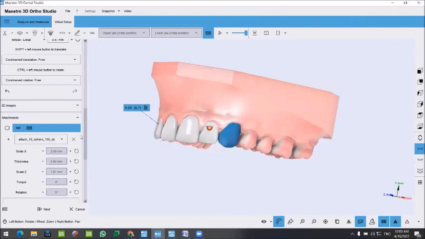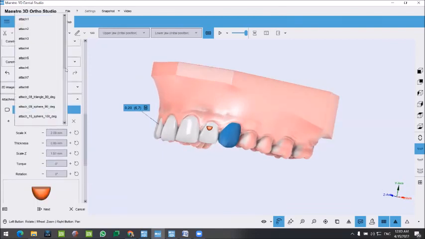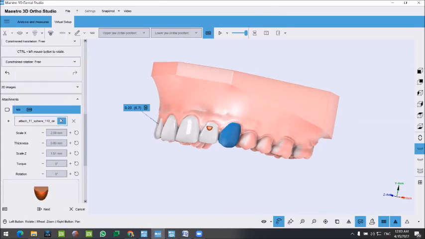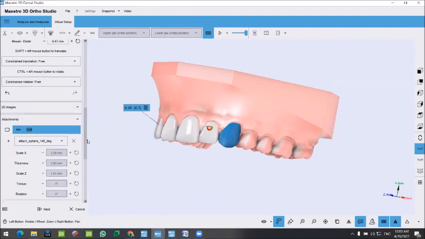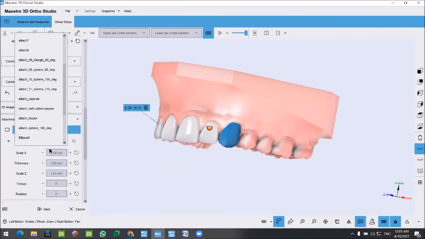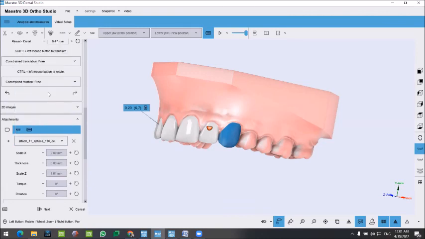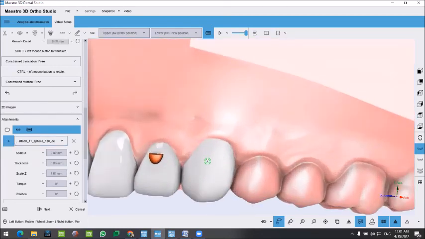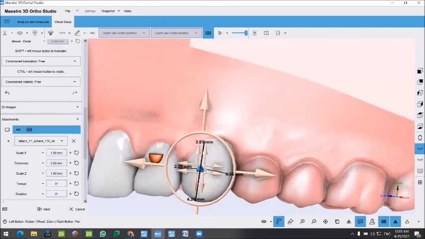If I want to do some rotations, we can use either the 110 degrees of slope or 145 degrees of slope. It depends on how much rotation I'm actually doing in this case. If it's less than 10 degrees, I'm going to add the 110 degrees of bevel or slope. If it's more than 10 degrees of rotation, I'm going to add the 145 degrees of slope. So all I need to do is, using the 110 degrees, I'm going to add